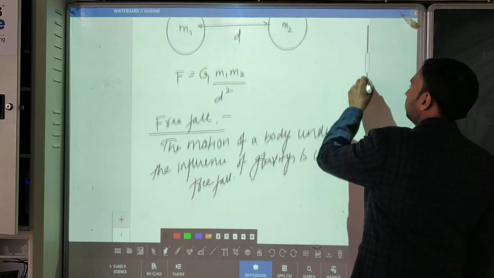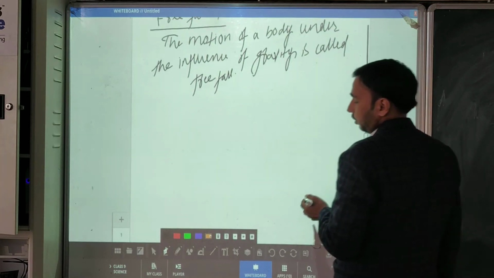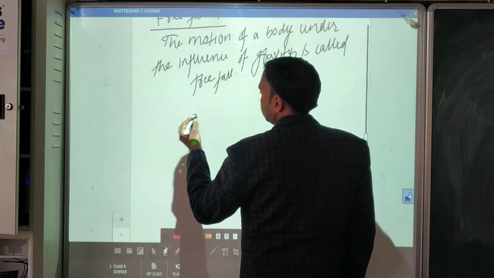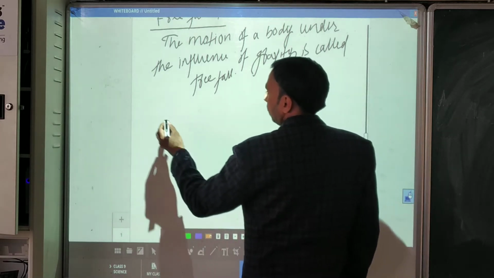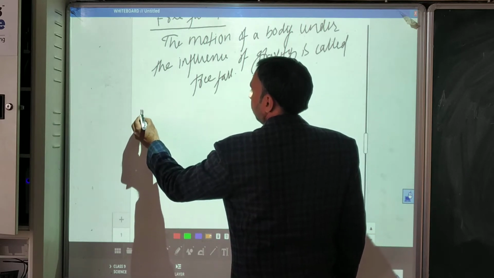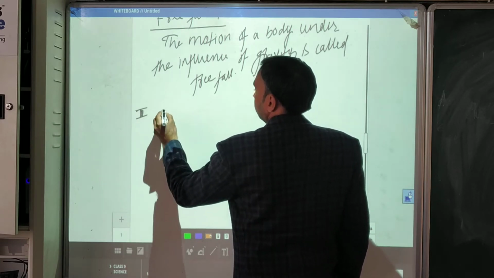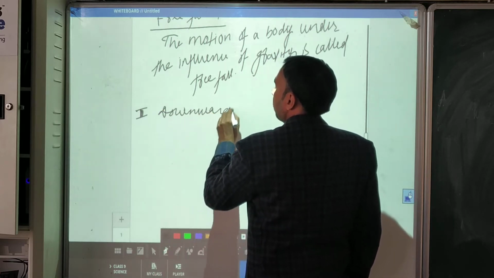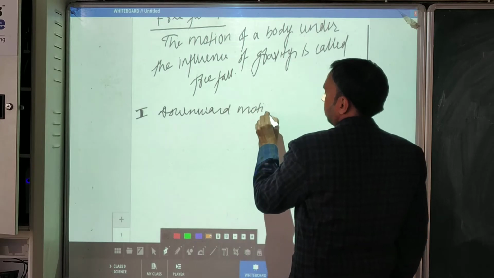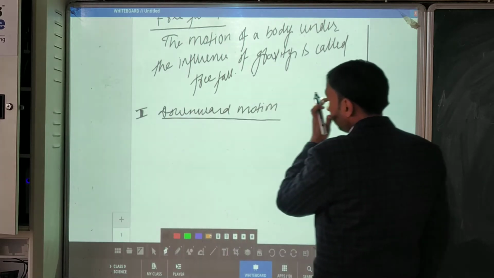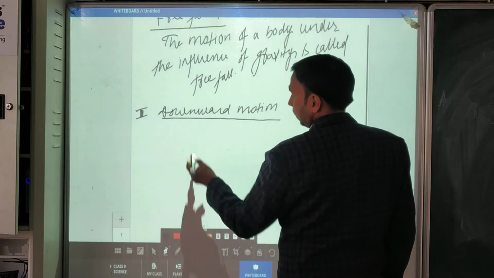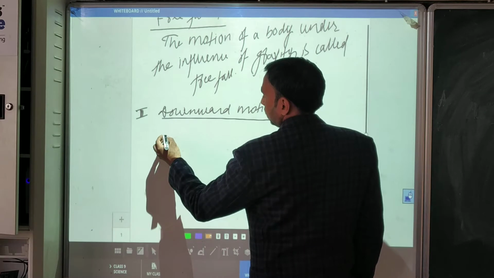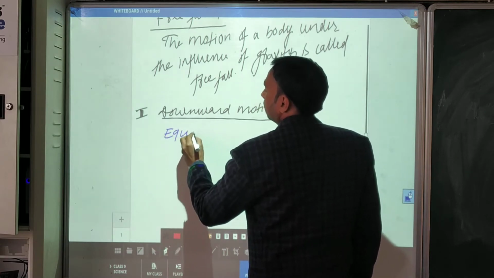Now when we are discussing free fall, it is mandatory for us to understand how things will go on. Suppose a ball is being dropped. We have two different cases. Number one is downward motion. Now what can we say about the velocity, acceleration and the distance of the body? So the equations of motion